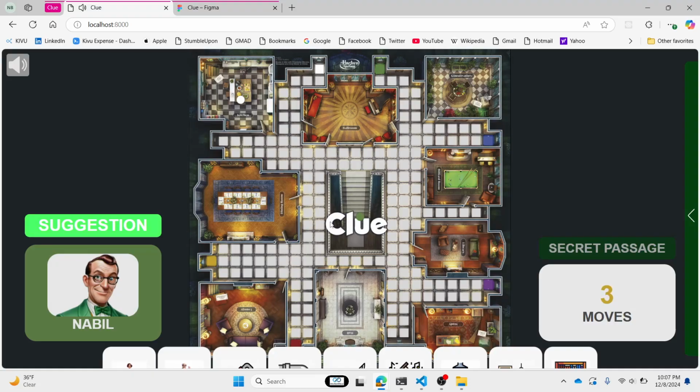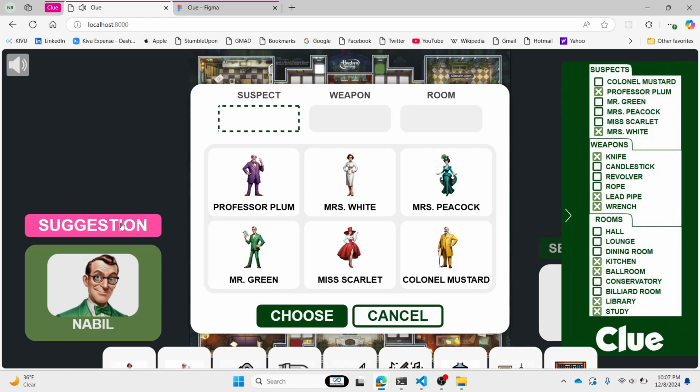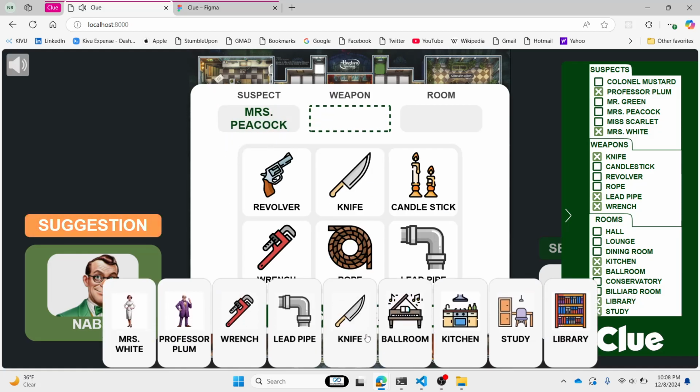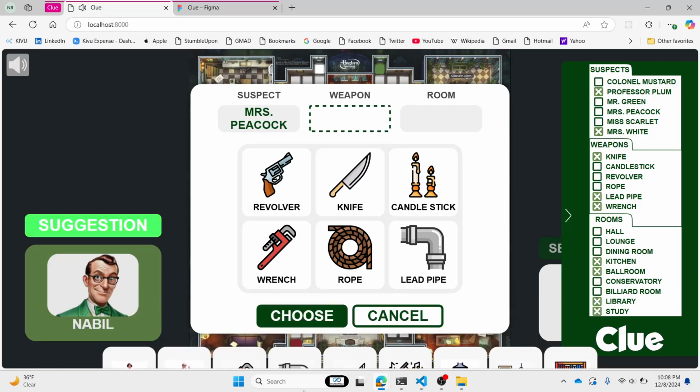So now, as you can see, I'm in the center of the board. Now I can make an assumption. I need to be careful though when I make an assumption, because if I get it wrong, then I lose the game. But because I know everything, I'm going to kind of cheat right now and see what the weapon